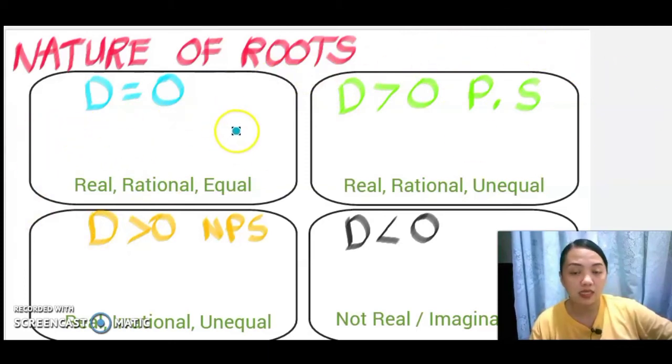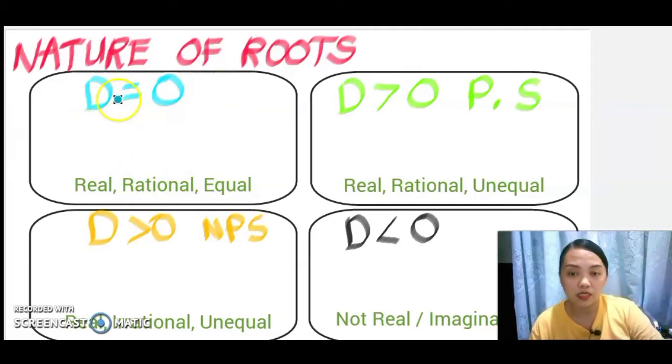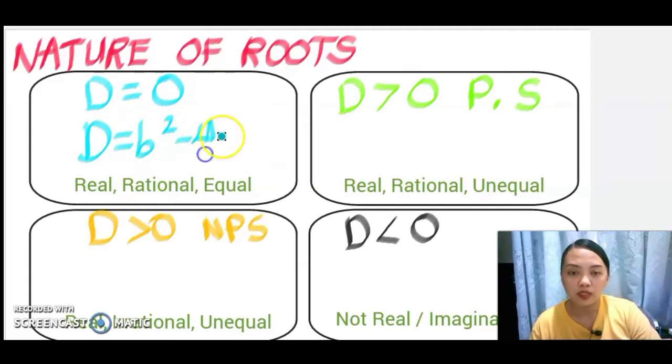Kapag si d is equal to 0, ibig sabihin, kapag sinubstitute nyo na yung value ni b squared minus 4ac at ang lumabas ay 0, ang nature of roots natin is real, rational, and equal. Okay? Next, kapag si d naman is greater than 0, ibig sabihin, positive numbers,